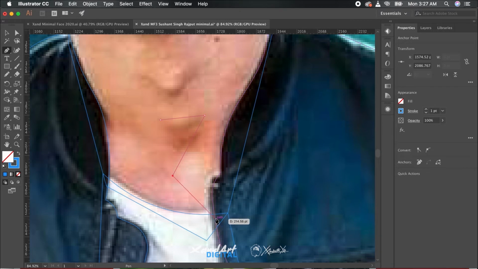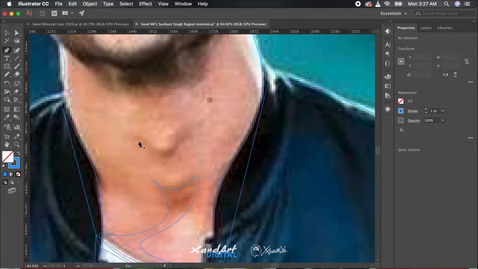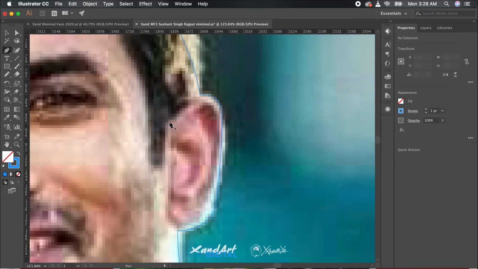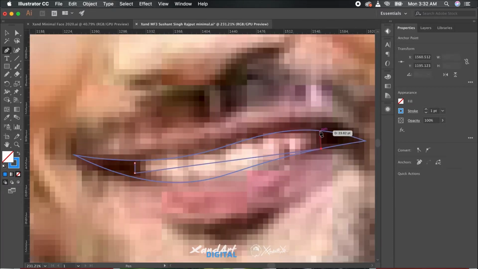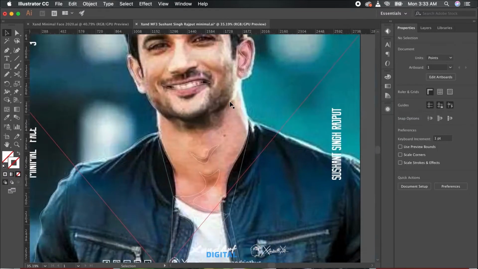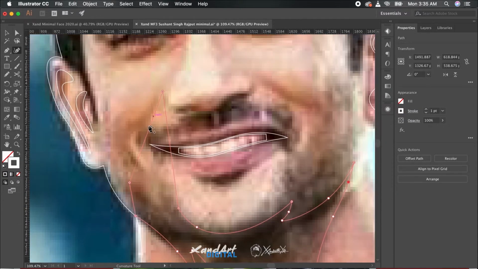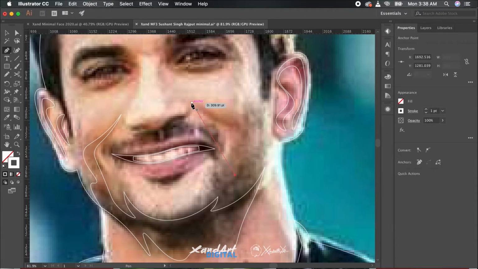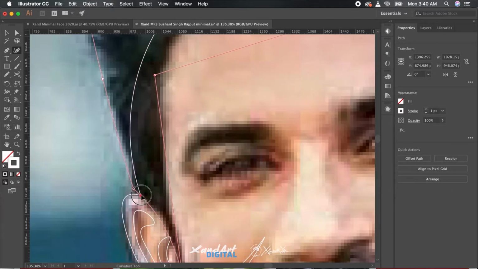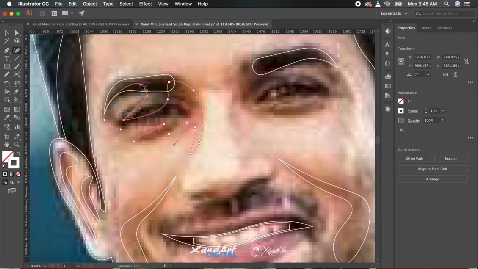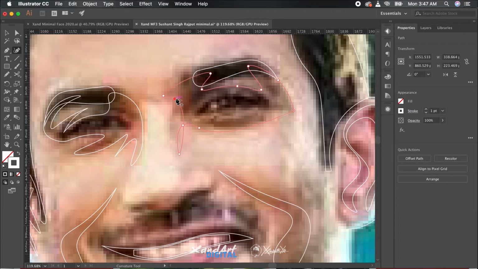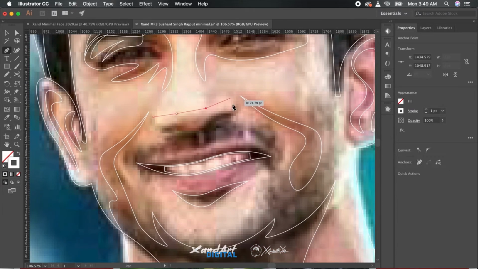Since we have two shades for each color, one for the cloth and one for his skin, now we will move on to the shades. Having two shades is basically one for the overall broad larger body and the darker shade for the shadows. Now we will trace out the shadow parts. By the way, if you didn't notice, the tool I was using to manipulate the pen tool lines, the vector lines, is the curvature tool. The shortcut is Shift plus tilde.